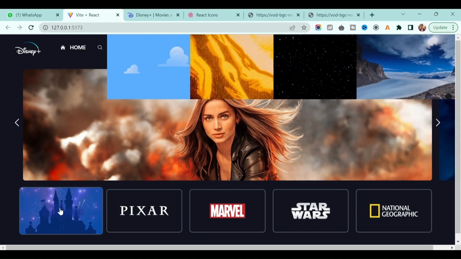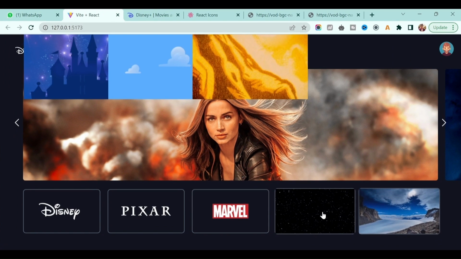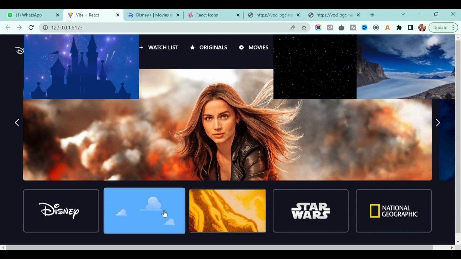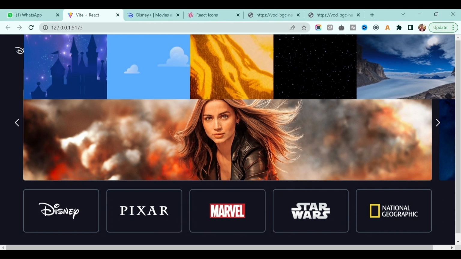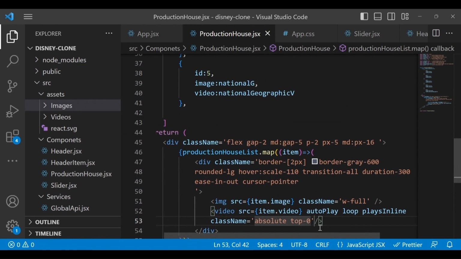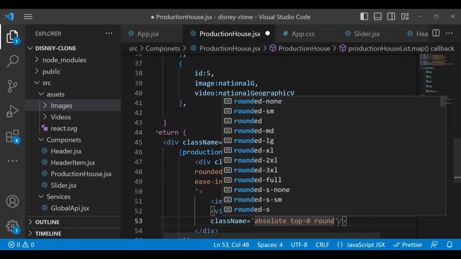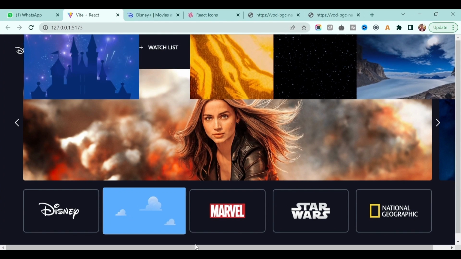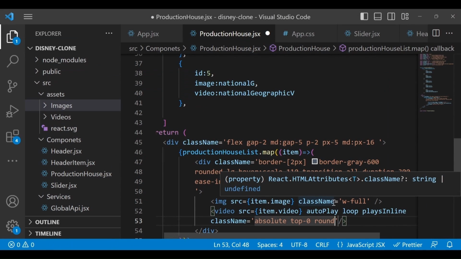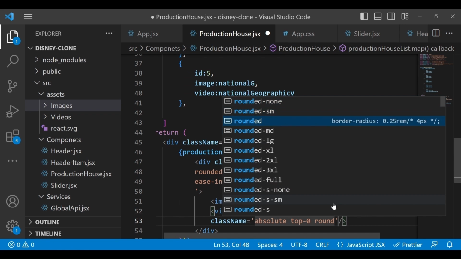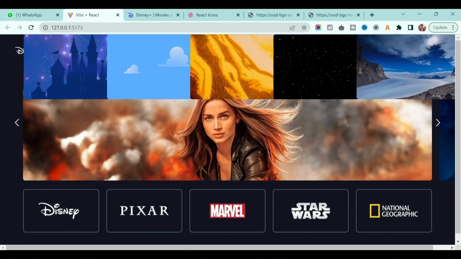If you see, it will be like this, and if I hover on it, it's showing this image. Now here is the thing. Let's add the corner, because if you see, this video has 90-degree corners. We want it rounded. So I will round it and set medium, and if you see, it's working perfectly.